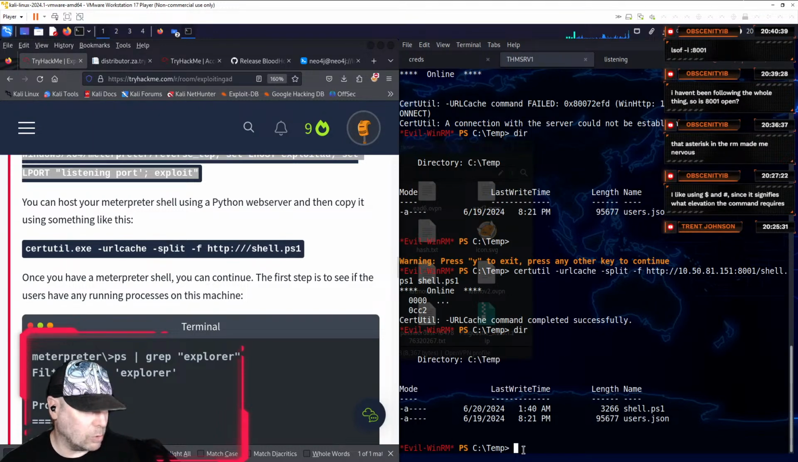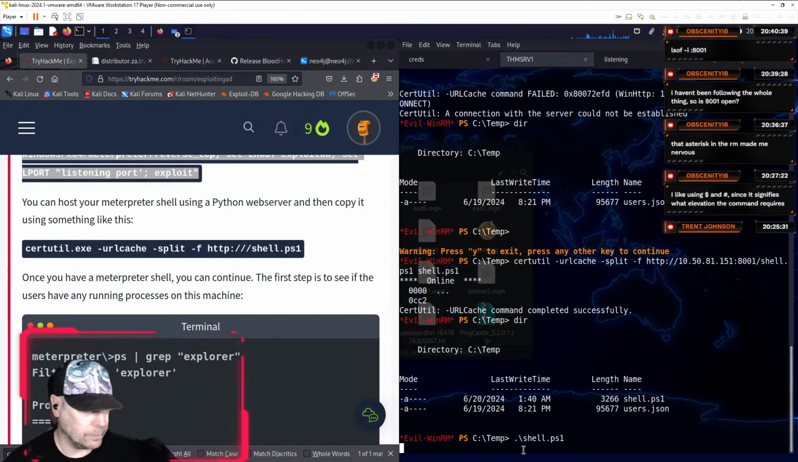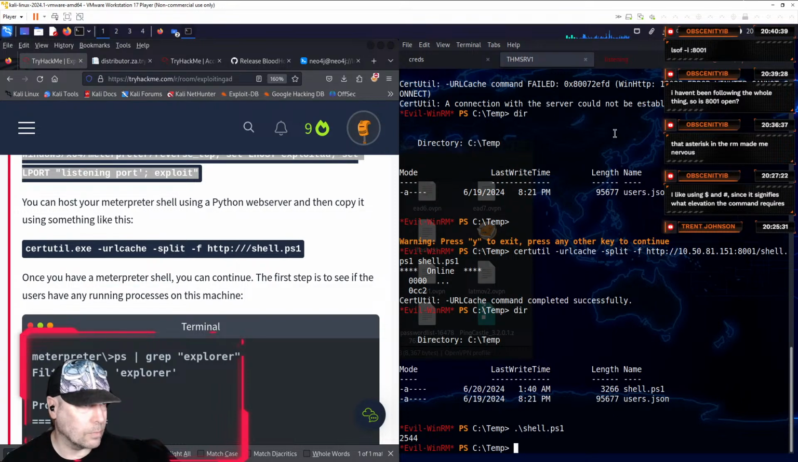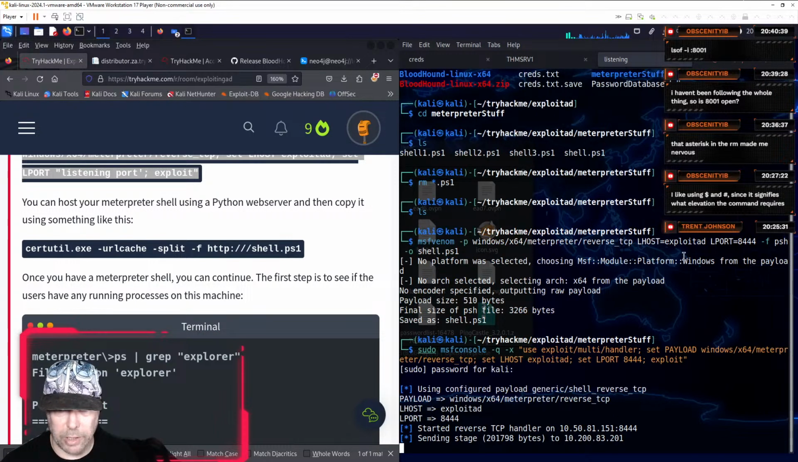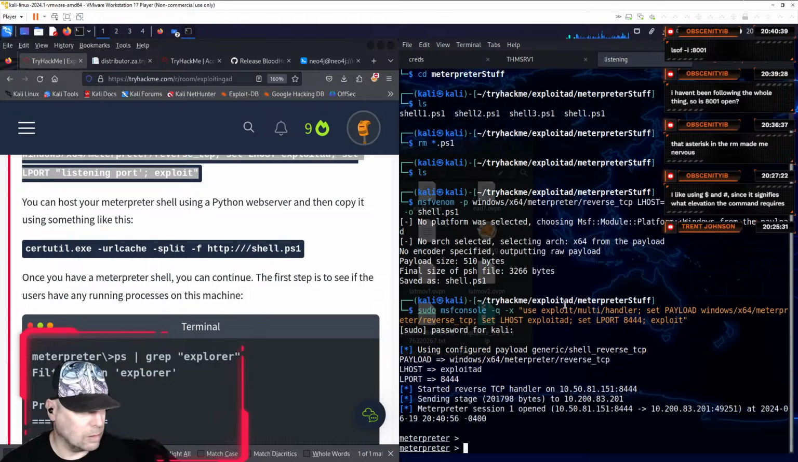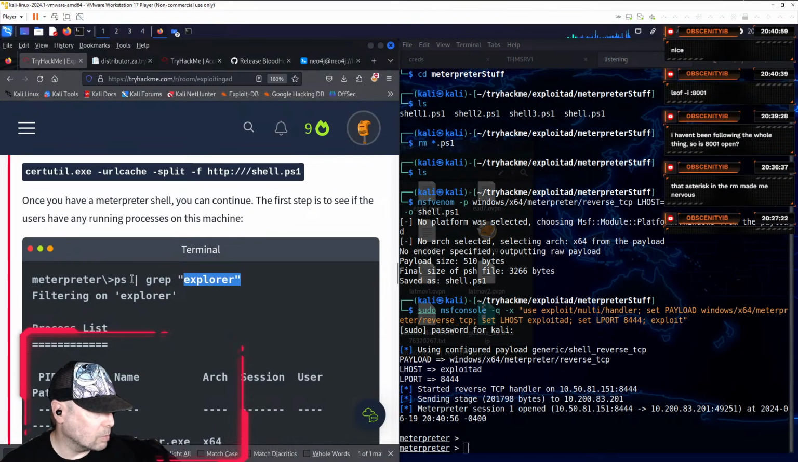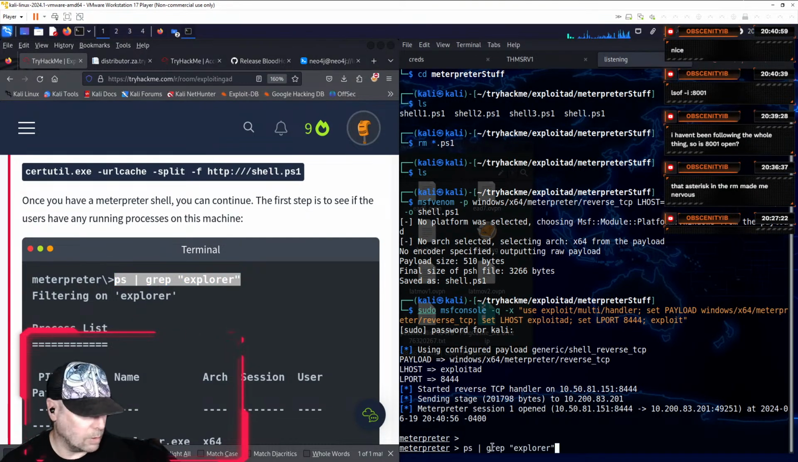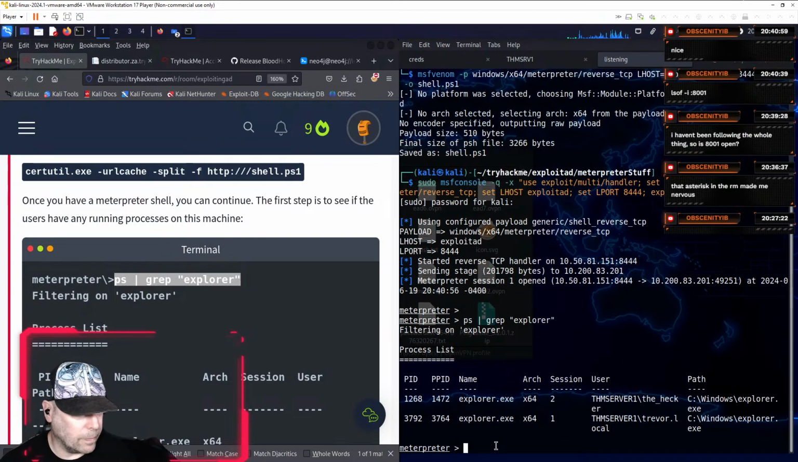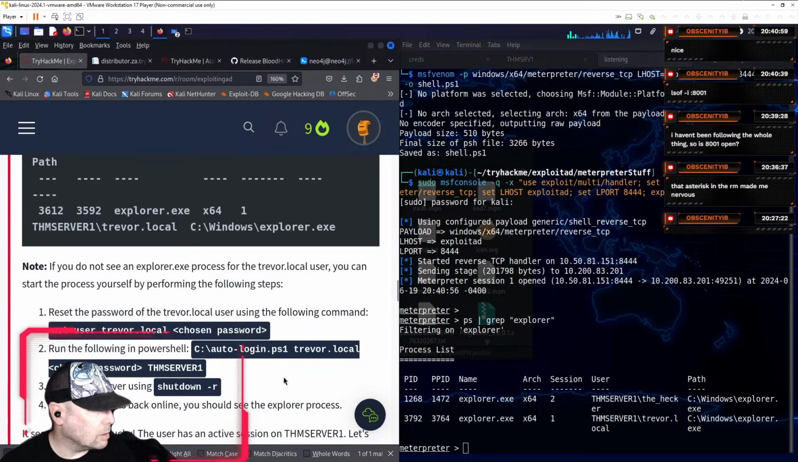Alright, now we have to make that go. Command: make shell.ps1 go. And what does Meterpreter say? It is giving us a prompt. We're moving right along. And indeed,